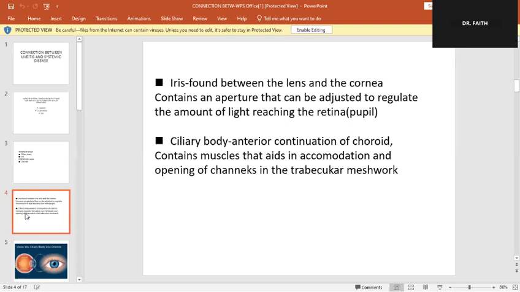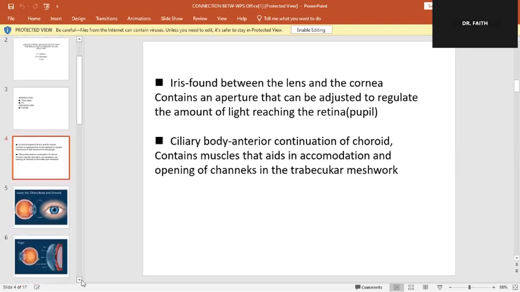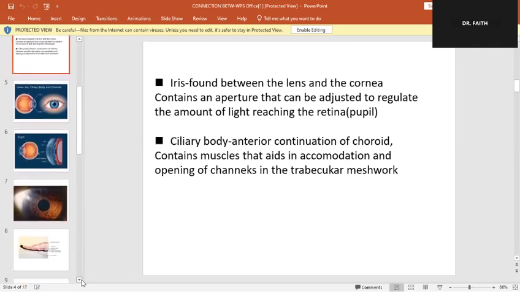is a diaphragm. That means that term, for the sake of understanding, that is suspended or found between the lens and the cornea. Its basic function in that region is to regulate the amount of light that reaches the retina for perception of the visual world. Ciliary body is a continuation of the choroid, and it has muscles which control the biological process of accommodation, and equally opening the channels of the trabecular meshwork, which always helps in regulating the amount of aqueous humor in the anterior chamber. And go to the next slide so that you can